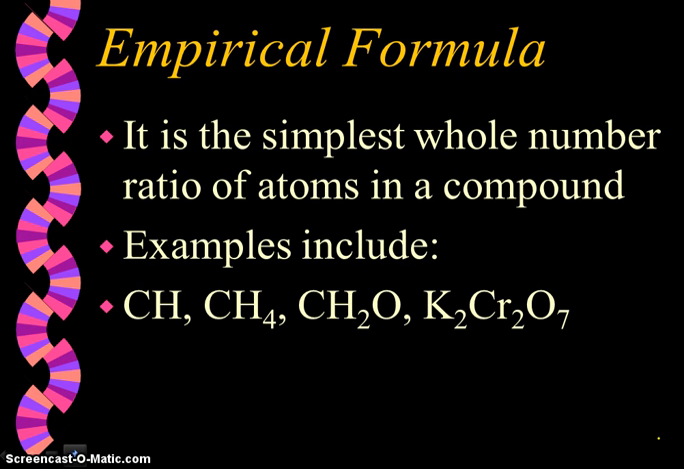CH is an empirical formula because it's got a 1-to-1 ratio of carbon to hydrogen. CH4, which is known as methane, has a 1-to-4 ratio of carbon to hydrogen, which is the simplest ratio. CH2O is a 1-to-2-to-1 ratio. And K2Cr2O7 is the simplest ratio of potassium to chromium to oxygen. So all of these are examples of empirical formulas because they're the simplest whole number ratio of atoms in a